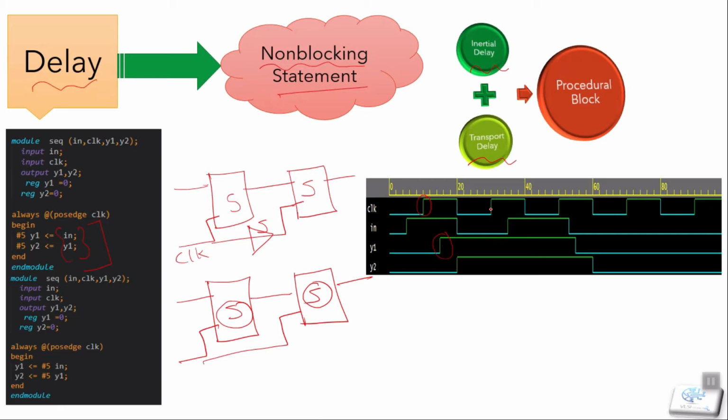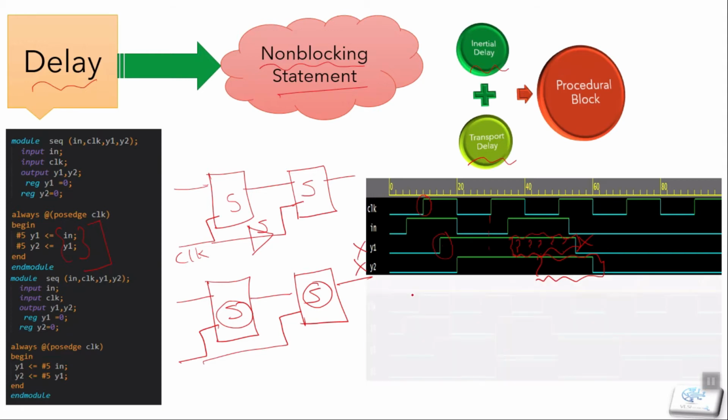But after that 5 nanoseconds, what we are expecting is for our output to be low, but this is not going to actually work because there is a delay on our clock period and a violation happened here. That's why we got the output high, which is not what we are expecting. So we marked it with a question mark, showing this is what we really need, and similarly for our y2.